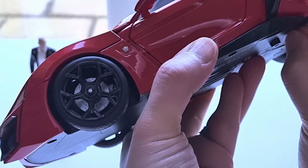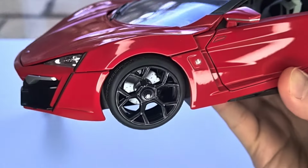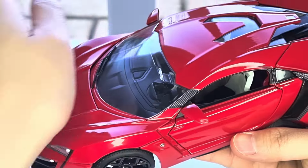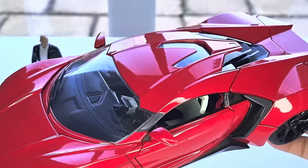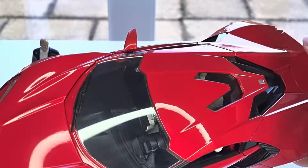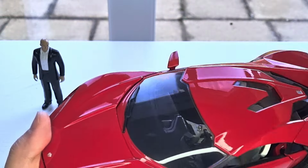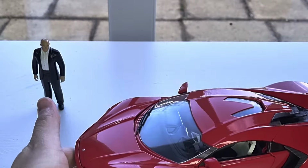So yeah, for the £60, I would say this is an impressive model car for the price that I paid for. So if you want to get the light features, ask the seller to confirm this before you actually purchase it, because there are so many different versions out there from Jada Toys. The weight is decent, and one thing I've got to tell you,